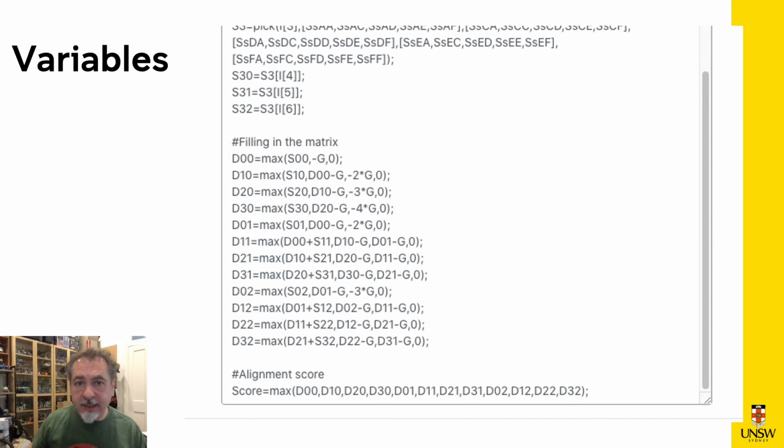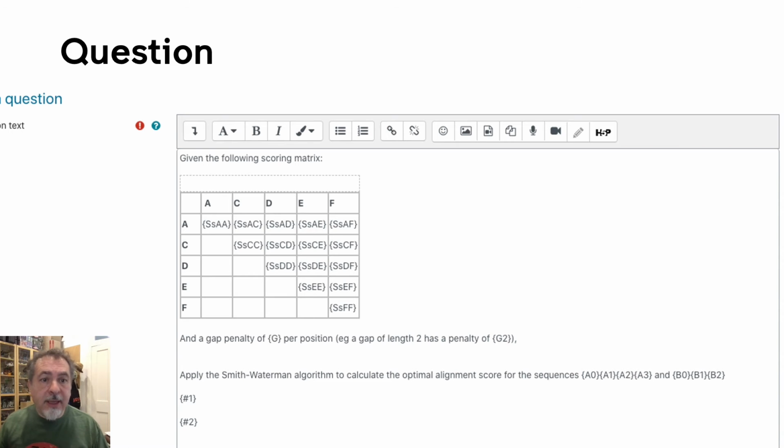So based on that, I can randomly generate a series of values, and I can use that to generate the parameters of the question as well as the answers. And then as I scroll down the question editor, I have an HTML editor that allows me to write the question, and within that HTML editor, I can call the variables that I've previously calculated, either as input in the question.